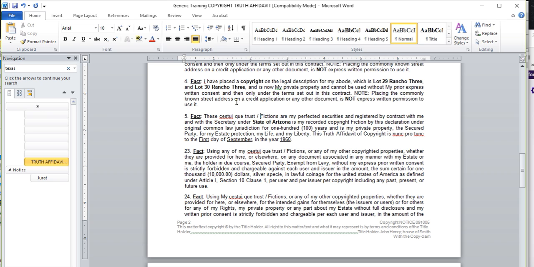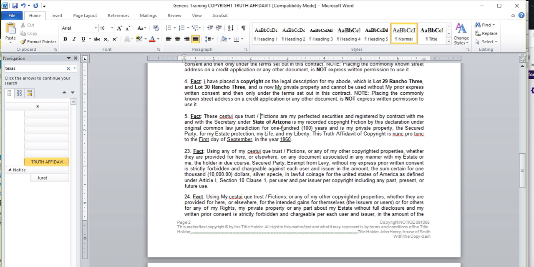Okay, so they cannot be used. 5, the Satanic Trust fictions are my perfected securities and registered by contract with me and with the Secretary under the state of Arizona is my recorded copyright fiction by this declaration under original common law jurisdiction. I originally did a UCC 1 and all that stuff, and so it's recorded Secretary of State. And so